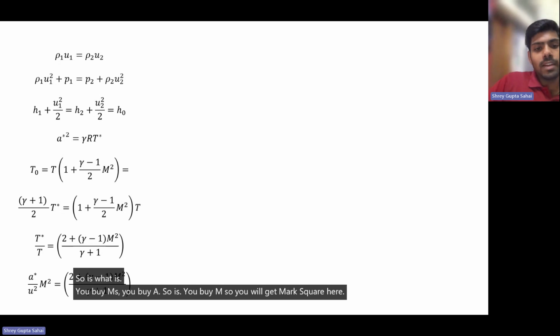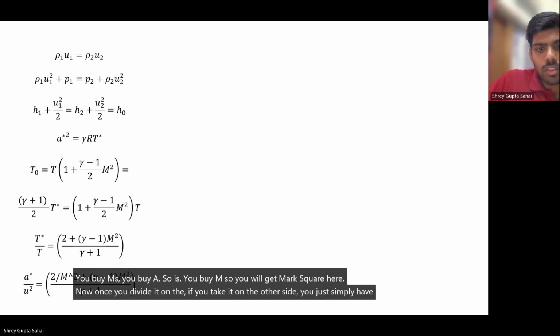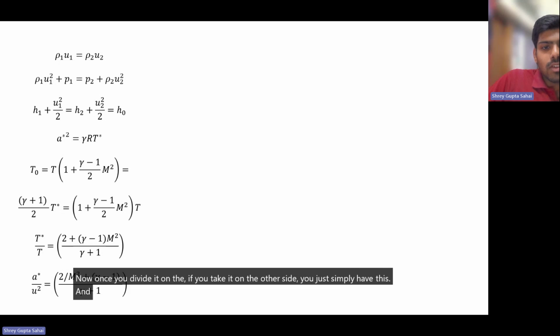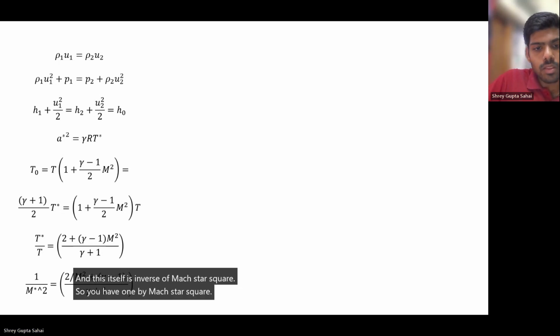Now once you divide it, if you take it on the other side, you just simply have this. And this itself is inverse of mark star square. So you have 1 by mark star square. Right. So now